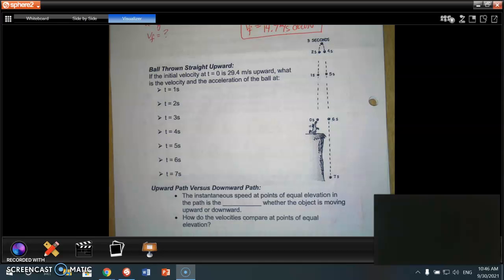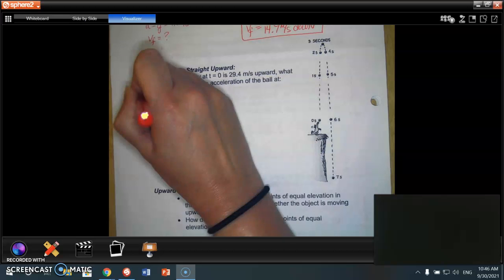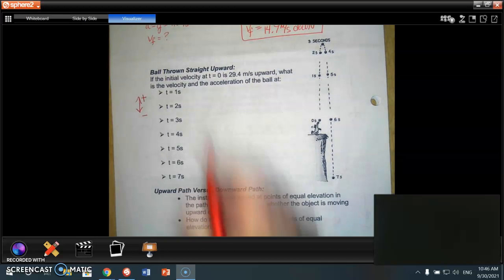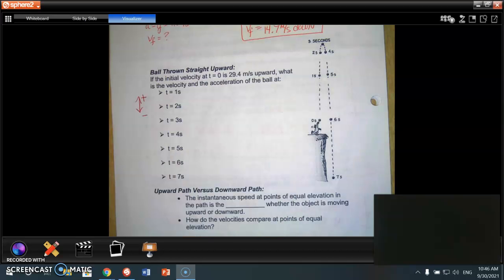Last night when you did your homework, we made direction down be positive. Do you agree that we've got up and down in this? So we really have to be a little bit more careful about direction. So I'm going to make up be positive and down be negative in this analysis. I didn't have to do that last night. And the reason I did